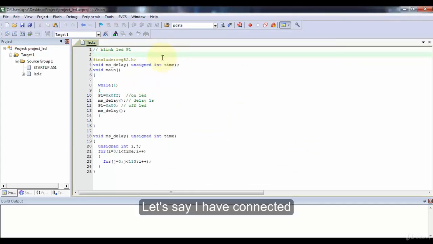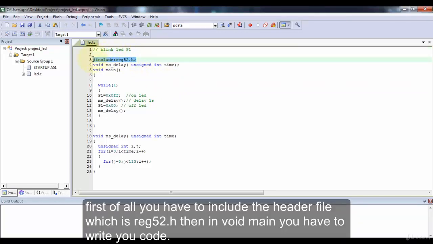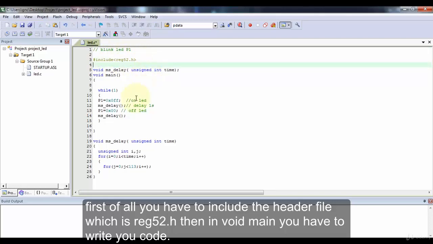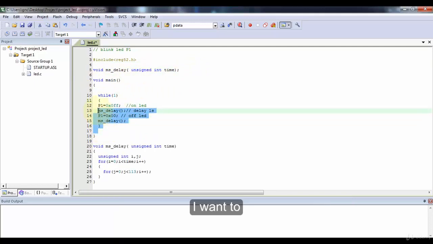Okay, now let's say I have connected LEDs, say 8 different LEDs to port 1 pins, and I want to blink those LEDs. So now let's try to write the code for it. First of all, you have to include the header file, which is reg52.h. Then in void main, you have to write your code.